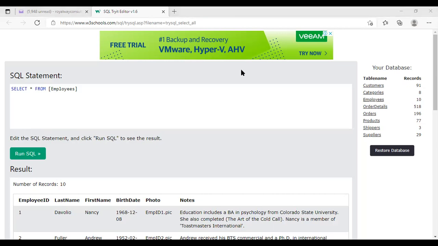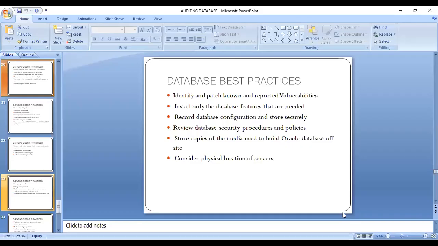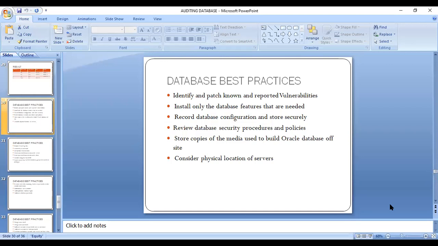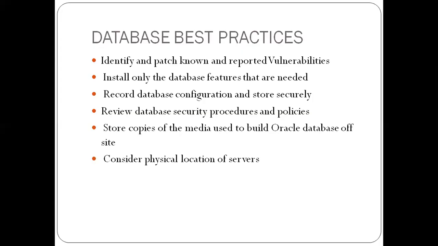Okay, if there are no questions, let's go back to our slides on database. So it's for us now to pick up from here. I've only given you an appetizer so that we'll take it up as a challenge. You have all the materials we need to start developing. And remember what I said, that in real life, in audit, I'm talking from practical experience, you select the command you need. Every other command that we have here, your job is just to check that the DBA has not abused those commands. So as we are rounding up on databases, here are the database best practices that auditors should watch out for: